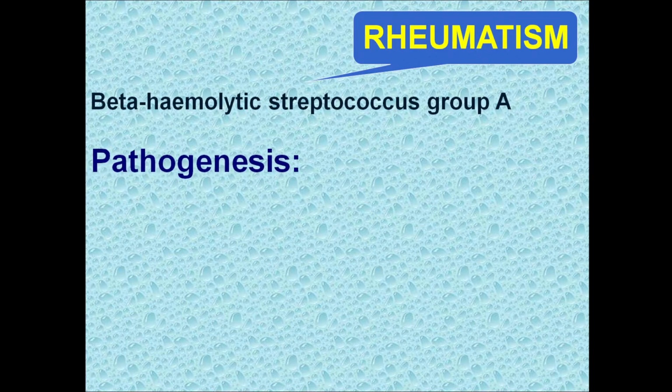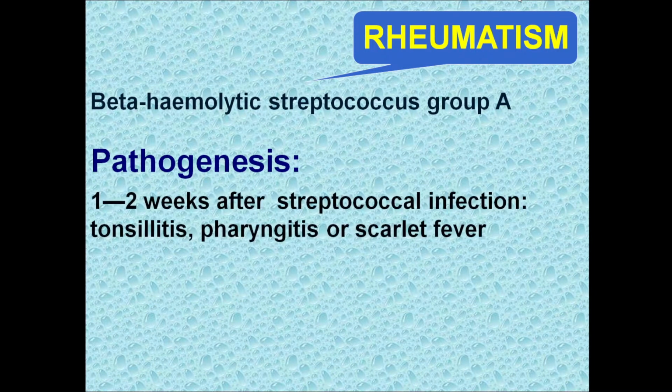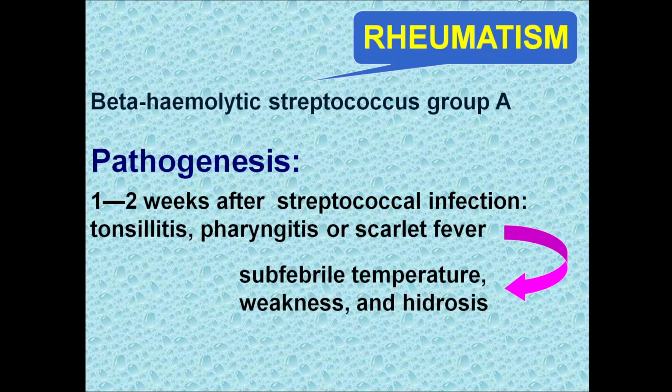After the primary infectious process, which first of all localizes near the tonsils and manifests with tonsillitis, pharyngitis, or scarlet fever in younger age, the patient's condition becomes better and he decides that he is healthy. After 1-2 weeks, he again comes back to the doctor with subfebrile fever, weakness, and hydrosis,